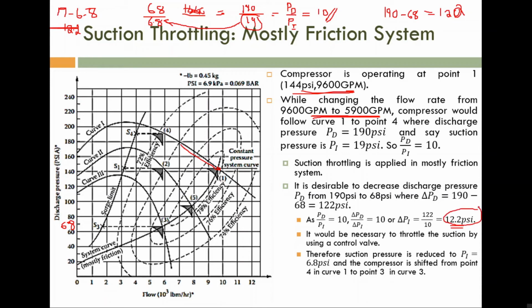So please note the difference. The one difference is, in the previous case, the reduction in suction pressure is 4.6 psi. Here the reduction is a little bit more. Here we want to remove more air from the inlet side. So what about the valve size?